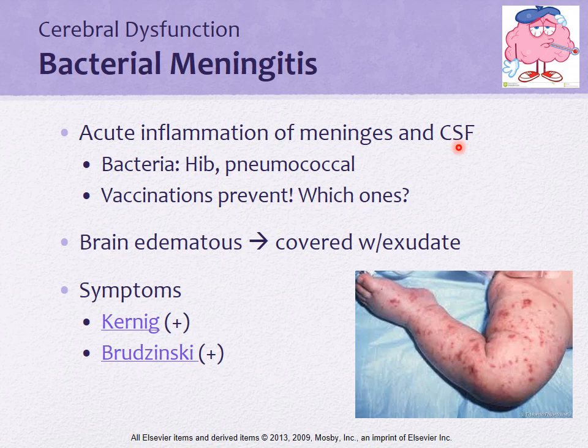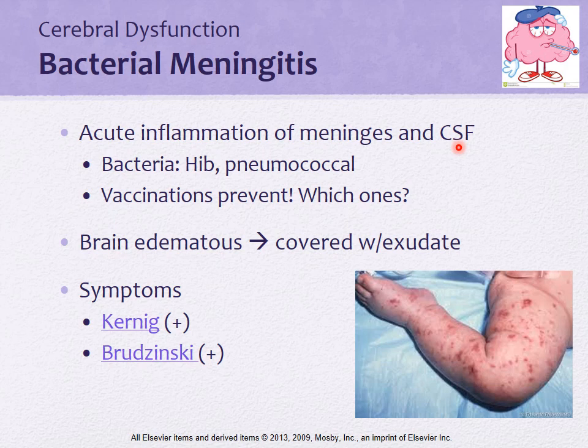So when the hip and knee is flexed to a right angle, and then they slowly extend the knee out, if the patient starts to resist or have pain as the leg's going back out, that's a positive sign. And then the Brudzinski sign, flexion of the neck will elicit pain. And then as the lower extremities are flexed, that will cause pain as well, and that's a positive sign.